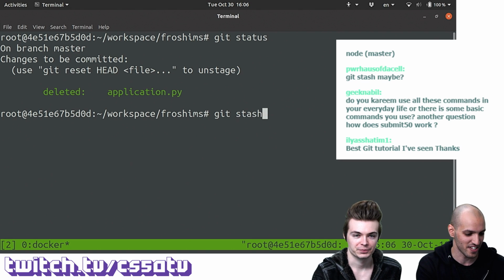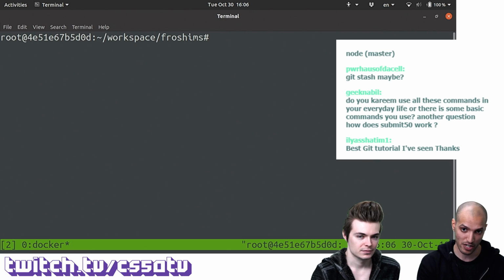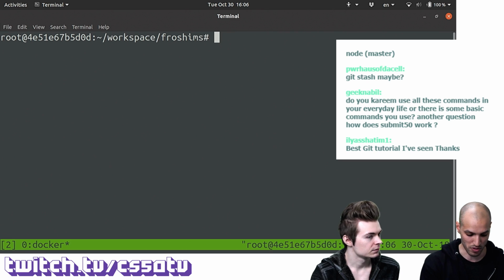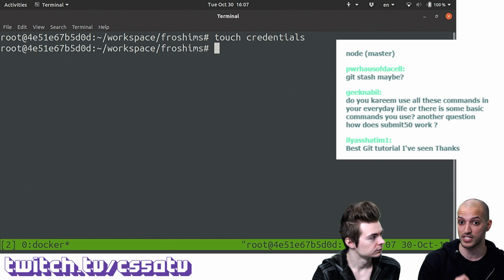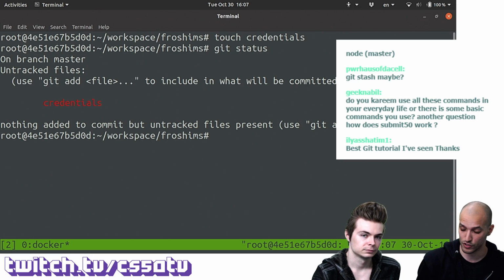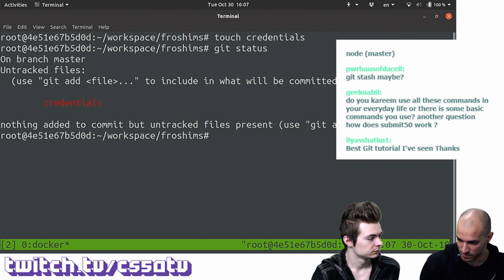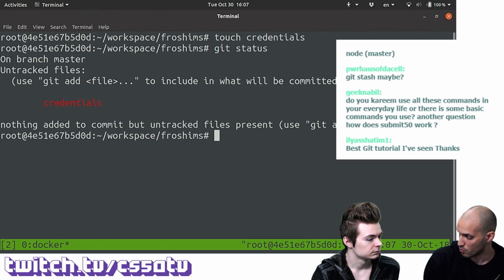Okay, so let's discard these now that we talked about git rm. Of course, we need to commit these changes if we want to actually save deleting this file. But it's also sometimes the case that I want to ignore some files. So suppose I need temporary files for credentials, and I don't really want to save this in a repository. If I do git status now, it's going to show as untracked. The problem is, though, sometimes if I have even more changes and I try to git add --all or git add -A, this file is going to get added to the staging area as well, and eventually be accidentally or not accidentally committed, which is not what I want.